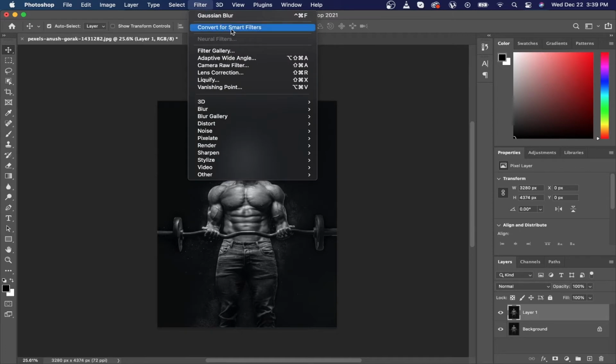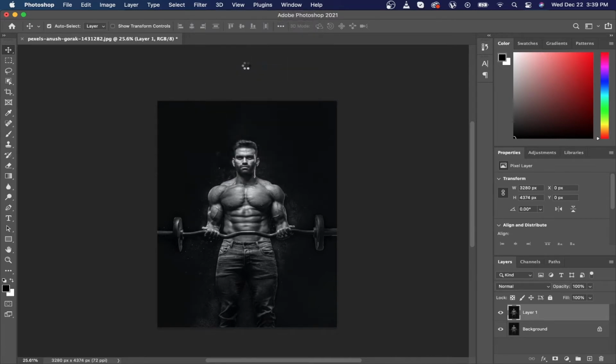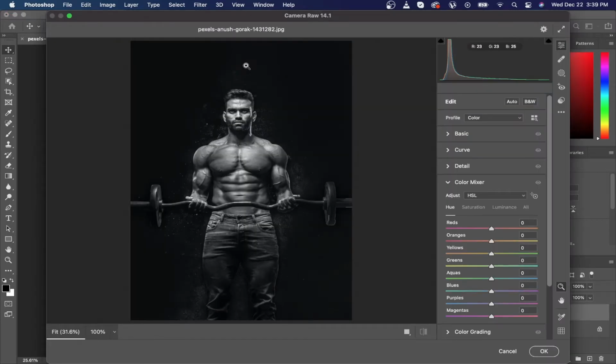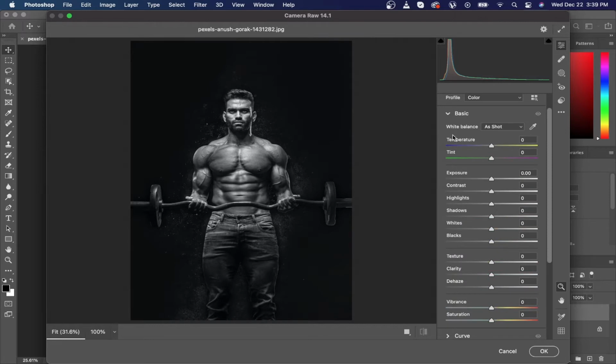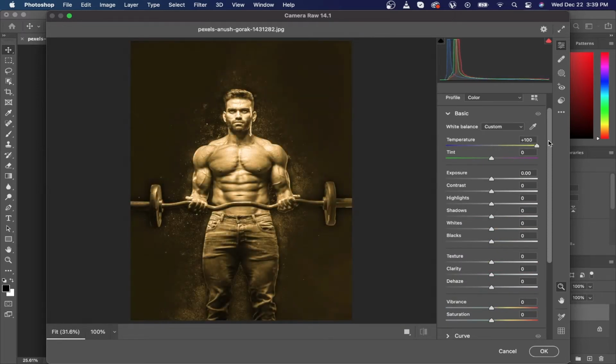Up to filter, camera raw filter, and then I would increase the temperature. Obviously what I'm seeing now. Probably want to increase the exposure,